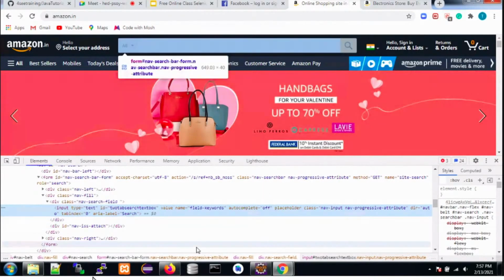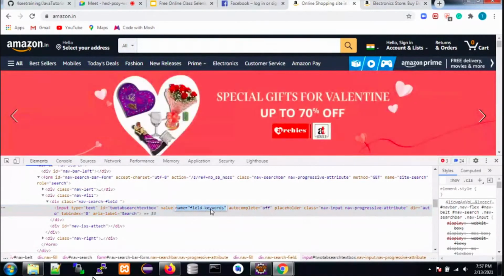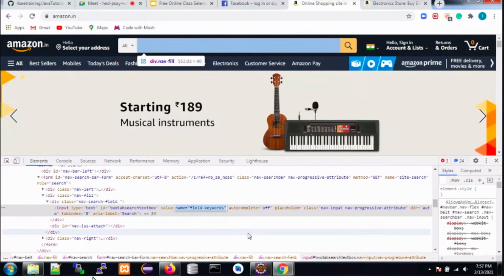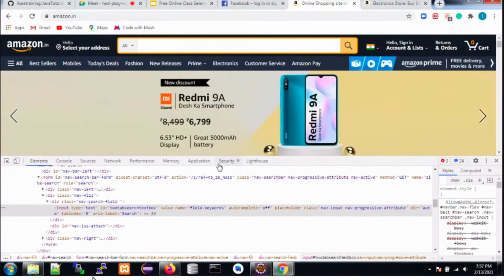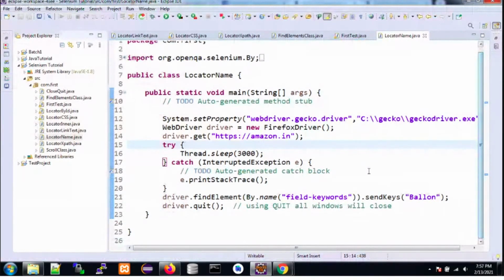Fine. In this case, we want to use this name property. The name property is a field's keyword. So we will use this field's keyword property in our program, find this field, and pass some value in it. Okay, so let's see this.